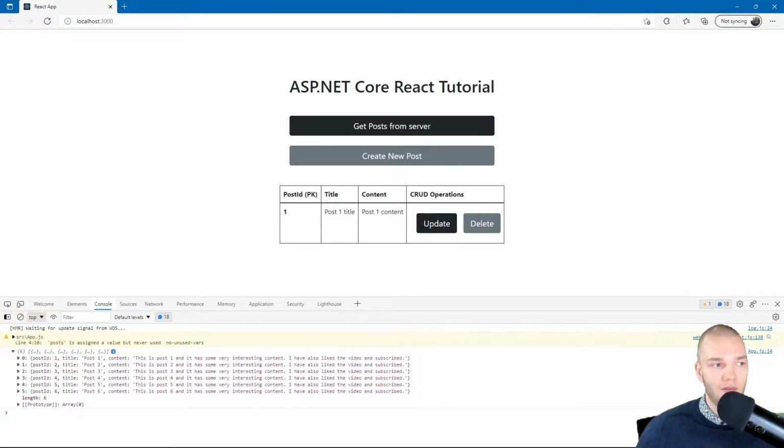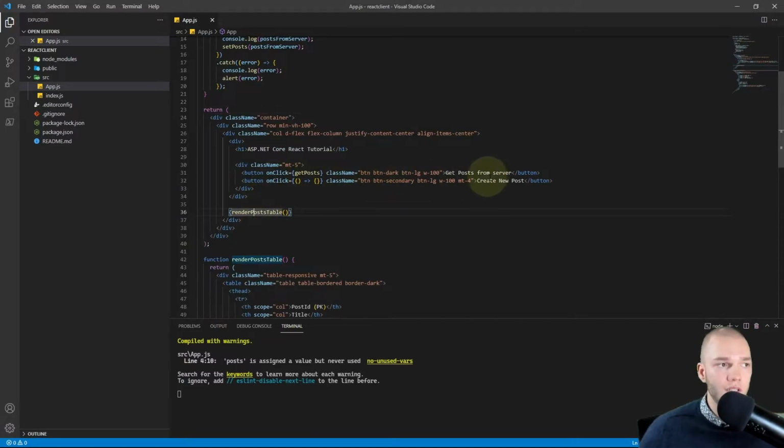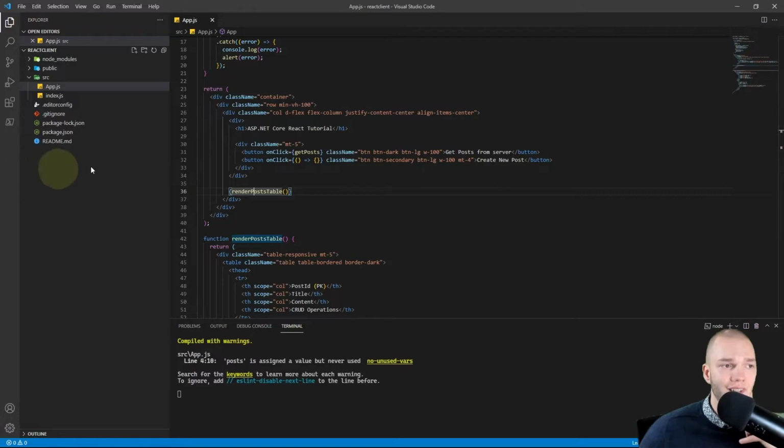So now that we have those post objects, let's display them in our table. I'll go back to VS Code, and in the main return statement, I'm gonna display the posts table only if our posts array has entries, and we'll use the JavaScript logical AND operator for that.